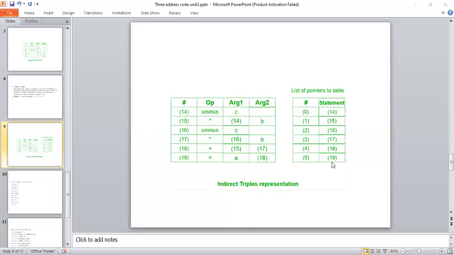So these are the user given values. We can start from any number. Suppose if I start from 10, then it follows the next continuation: 11, 12, 13, 14, 15. If I start from 20, the next numbers are 21, 22, like that. Like that, we are giving indirect pointers to the statements, and these pointers are represented in a statement column. So this is about the implementation of a three address code. This three address code is represented in three implementations called quadruples, triples, indirect triples. Thank you.